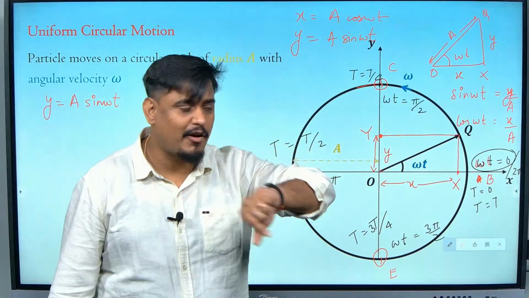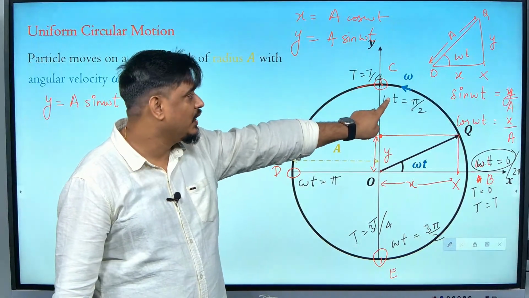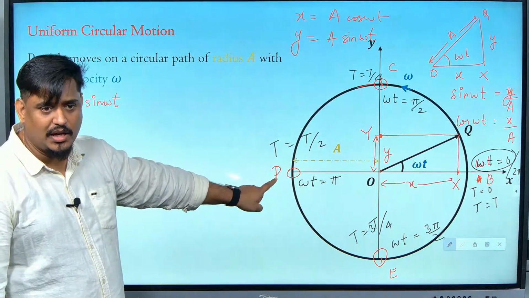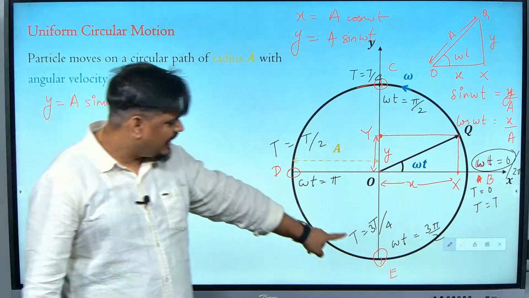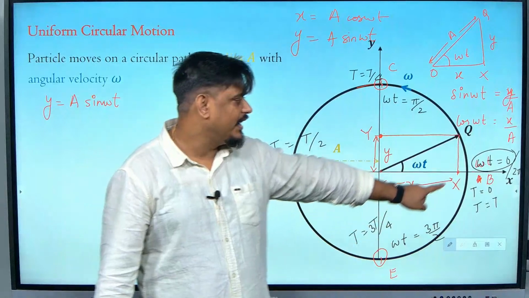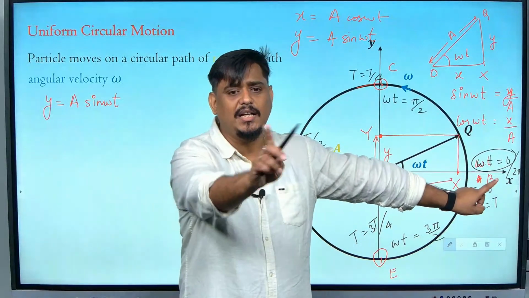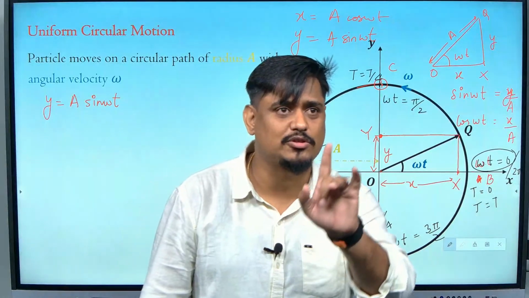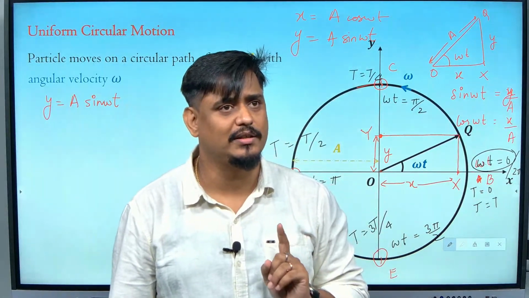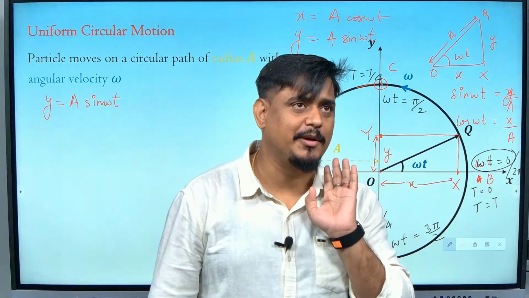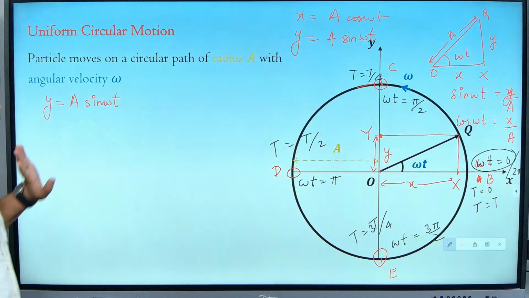At this position the time is T by 4. What is the angle? 90 degrees. Time here is half, T by 2, angle 180. Time here is 3T by 4, angle here is 270. Here time is full T and the angle is 360 degrees. Anybody has any doubt, stop me and ask. Sugendran, clear up to here? If any doubt, stop me, because I am going to enter into the velocity equation after this. Is it clear up to here?